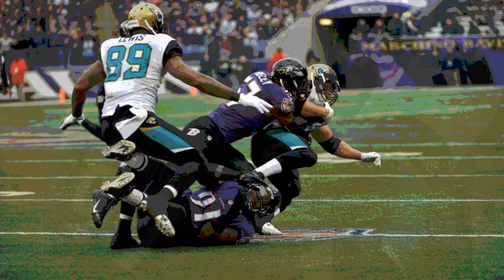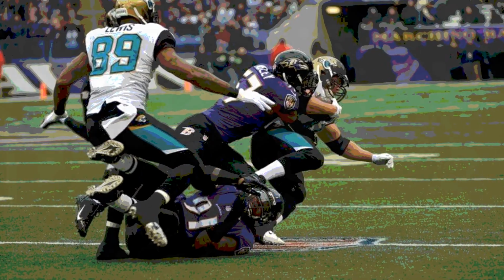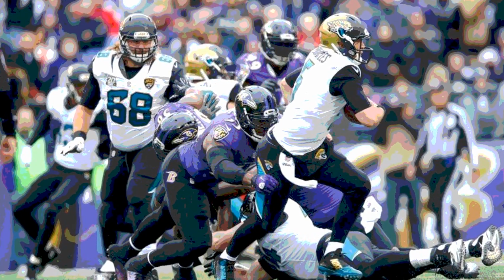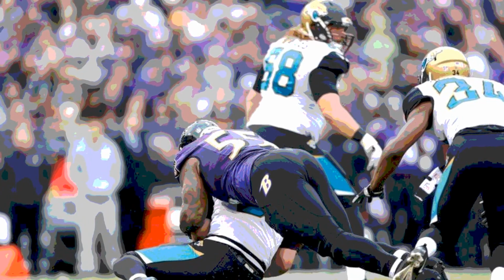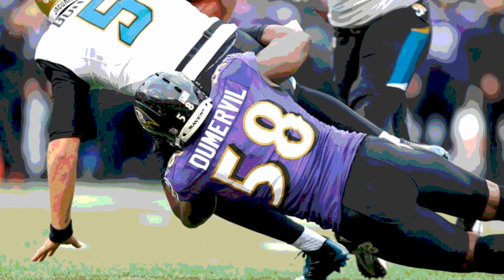But they weren't able to get a first down, and on 4th and 12 from the 35, after Blake Bortles was sacked on 3rd down for an 8-yard loss by Terrell Suggs, out came the field goal unit, and Josh Scobee would attempt another 53-yard field goal. It was up, it was good, and the Jaguars were now in the lead by 2 points